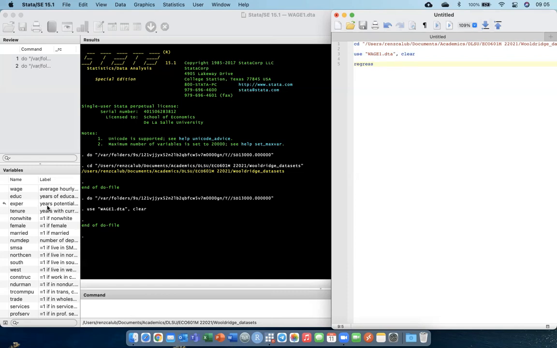So there are two ways. You can either just type log of wage. Let's try to control for education, and let's add experience. Some people just generate experience squared. So you can type generate experience squared. So you would create a squared experience term, and you'll include that in the regression model. That's perfectly fine. However,